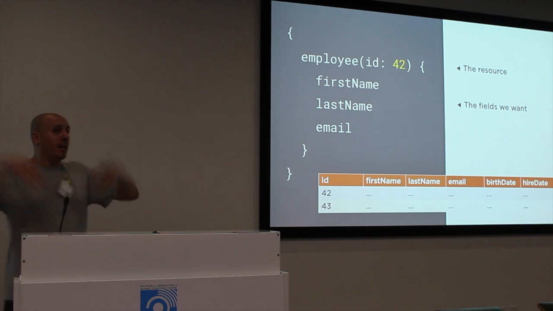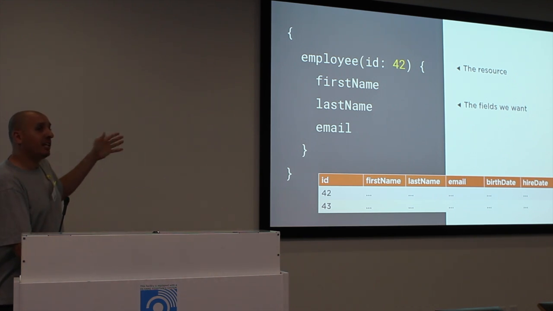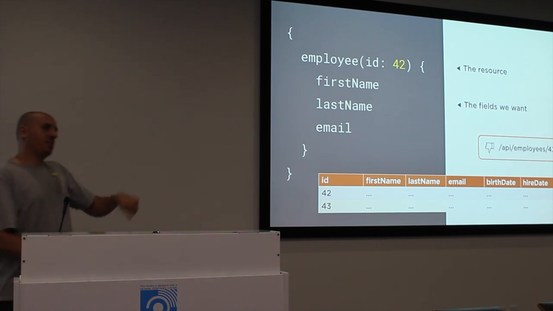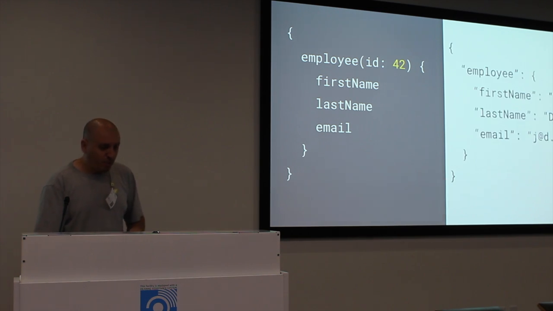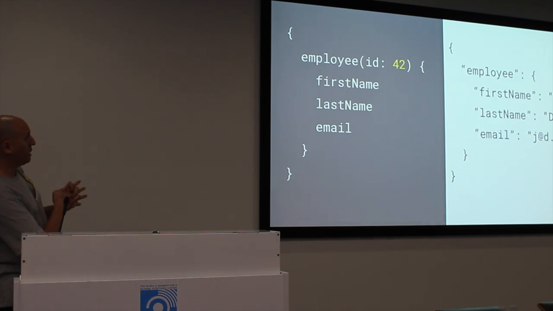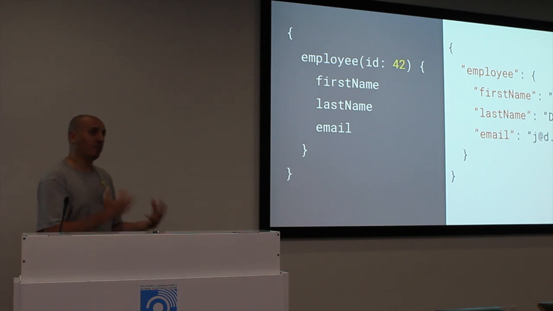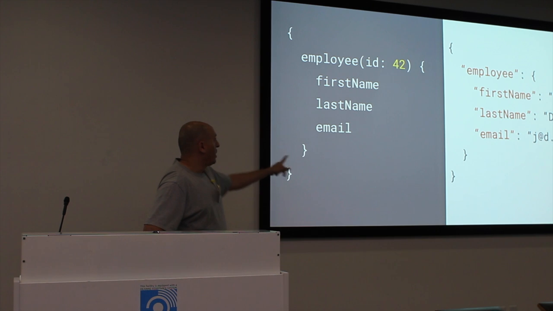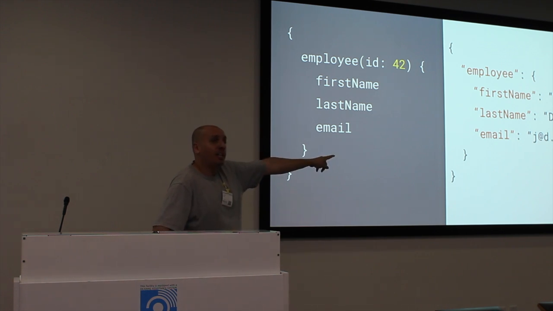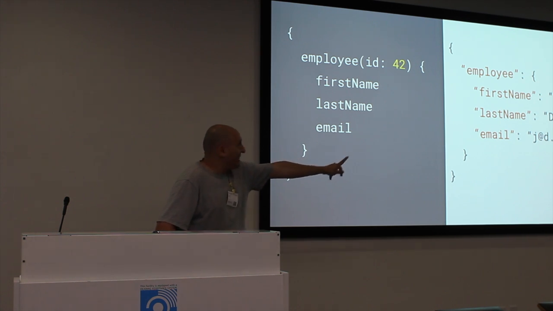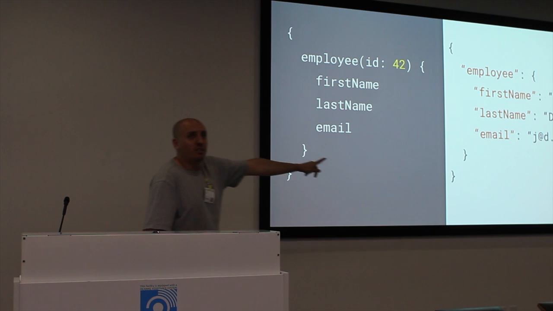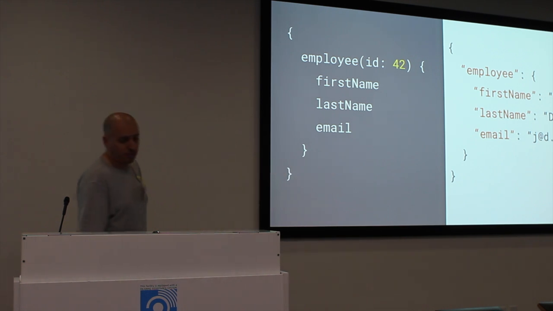So if your table has a lot of other information, as a client, I don't really care about all this information. All I care about is just first name, last name, and email. While with REST, you're gonna get all the information, right? So here's the data, and I want you to compare the query with the data. This is the best thing about GraphQL, in my opinion, this mental model. If you have the query, you know how the data is going to look like. And if you have the requirement, it's really easy to come up with the query. So this mental model is something really great about GraphQL.